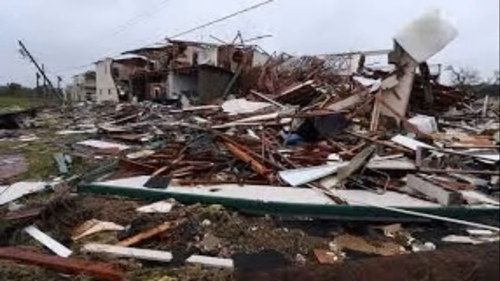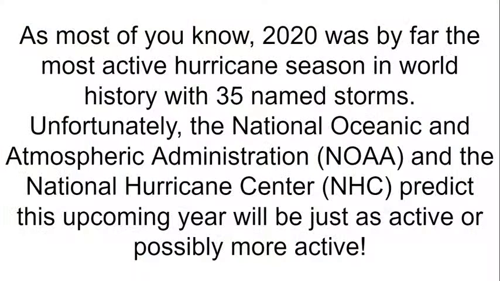Once again, you all can see this house was completely torn to shreds. The roof is basically sucked off it. This was back in Puerto Rico, and this was a video. You all can see the streets are flooded, the palm trees are swaying in the wind. So obviously a very dangerous system. And real fast, in case you don't know this, 2020 was by far the most active hurricane season in the world, basically in history, with 35 named storms. And unfortunately, the National Oceanic and Atmospheric Administration, AKA NOAA,